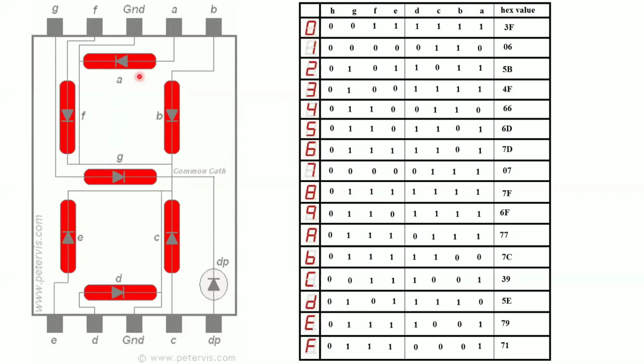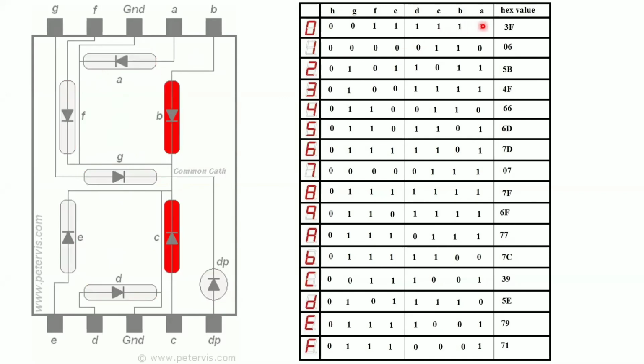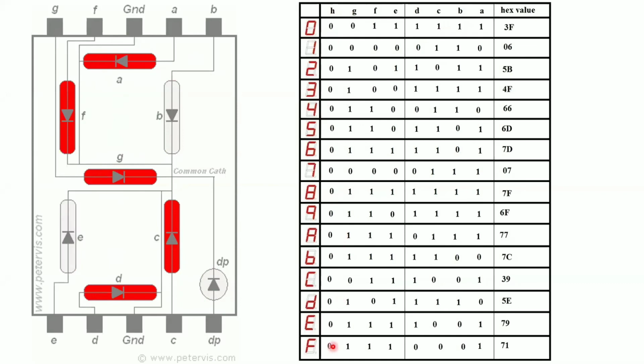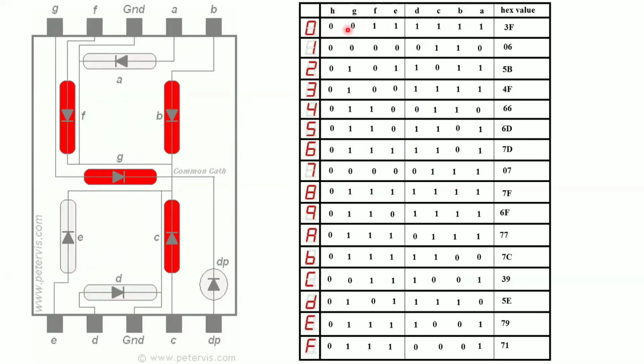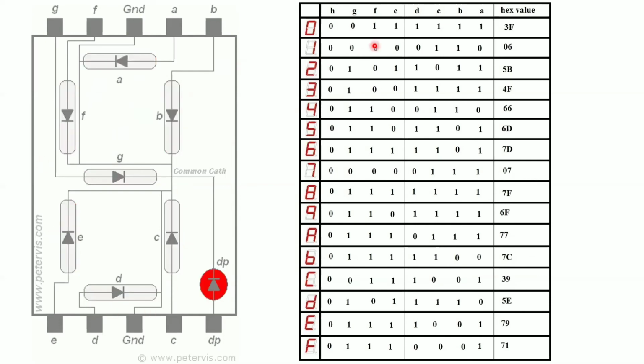Now, we have only 7 LEDs, 7-bit numbers I want to operate, but because we cannot operate directly on 7-bit numbers, I have taken one extra pin called H. By default the H is 0. All the values of that H are 0, because I want to get 8-bit numbers, and we have only 7 here. That's why you need to make it 8, and that's why I have taken one extra. And if you put the 0 there for the G, that means I will turn off the LED. What about the remaining LEDs? We can turn them on, so that I can get the value 0.